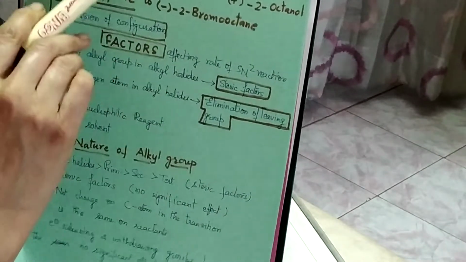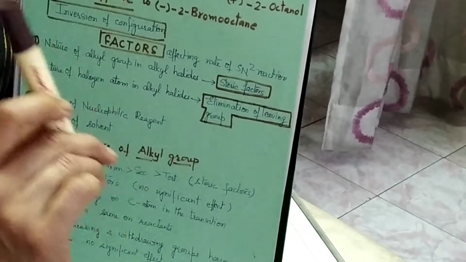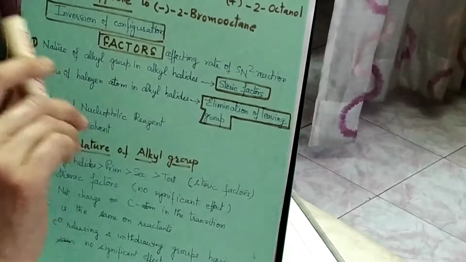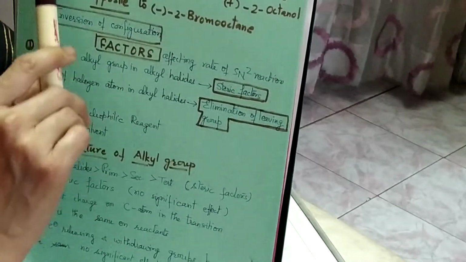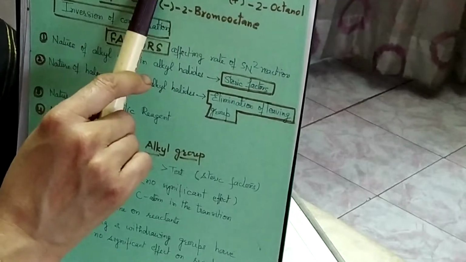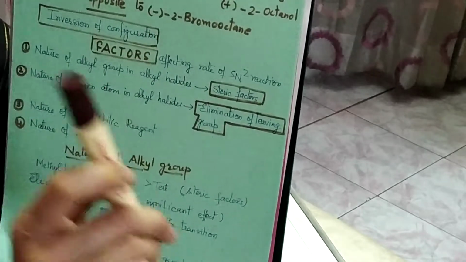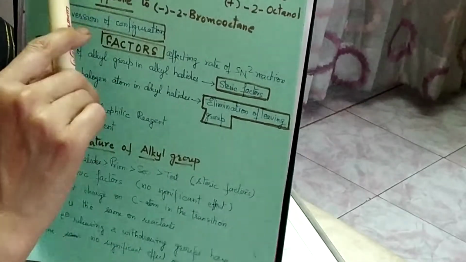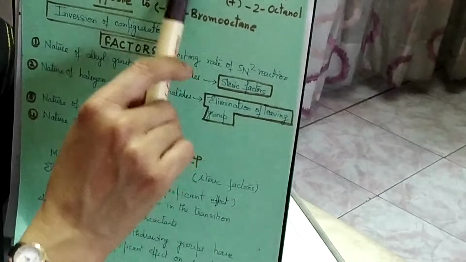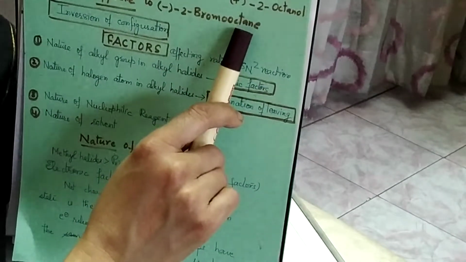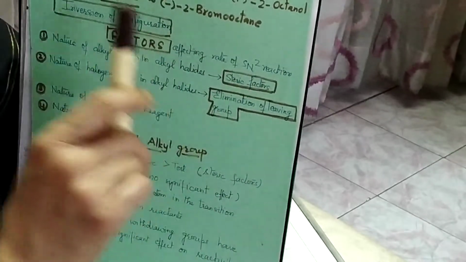But first of all, when we have talked about SN2 reaction, that is the bimolecular reaction, the 2 points which have to be remembered are that the reaction rate depends on the concentration of both of the reactants, nucleophile as well as the alkyl halide, and the reaction proceeds in a single step, concerted reaction we can call it, and that particular reaction goes through a transition state, and this transition state ultimately yields an inverted product. That is, the configuration becomes reverse.